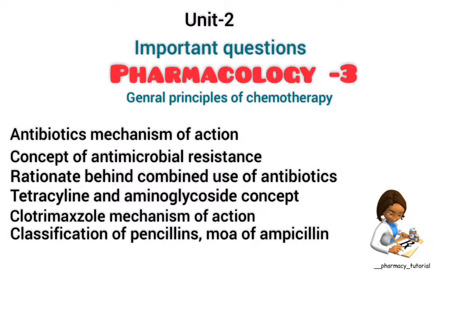The drugs which I have mentioned are also important, they may individually ask the drugs' mechanism of action. And then classification of penicillin is very important for 10 marks, and mechanism of ampicillin is asked individually. And sources, mechanism of action and adverse effects of tetracycline are asked for 10 marks. Next, Unit 3. In Unit 3 they are going to ask you